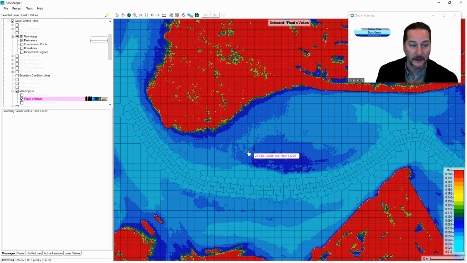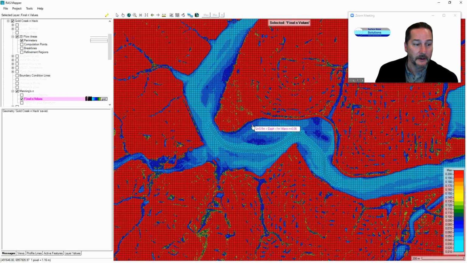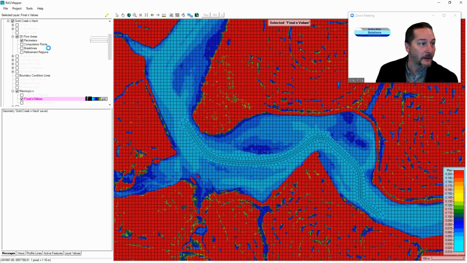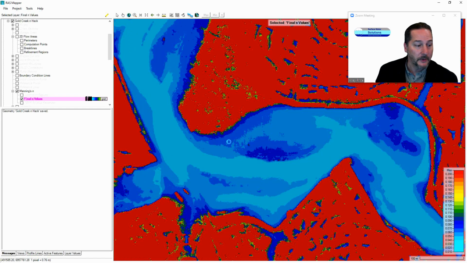I've got a whole bunch of classification layers here showing me what these different categories are, and showing high N values being red and low N values being light blue. So as I zoom out on that, let me just turn off the geometry here so it's a little more clear. As I hover around here, you can see again channel values coming out, and in some of